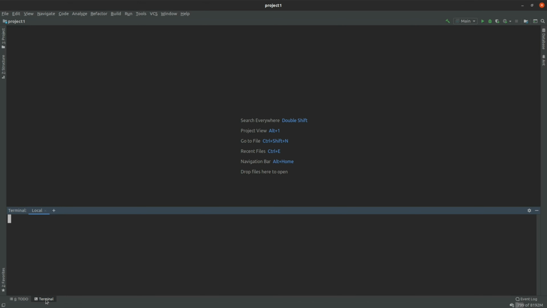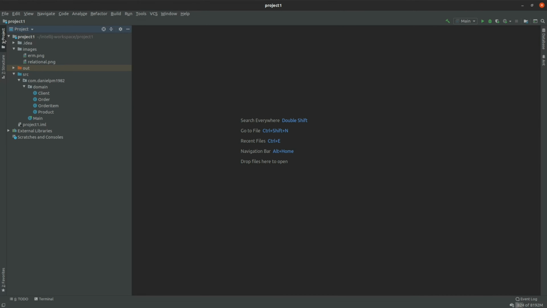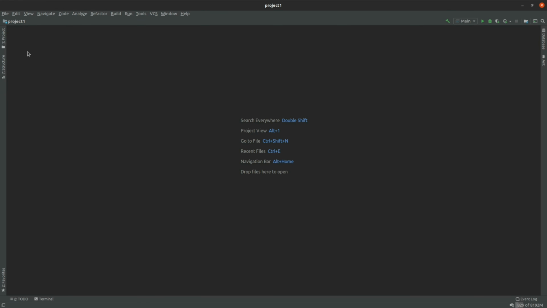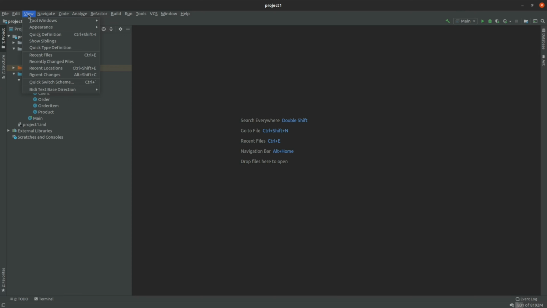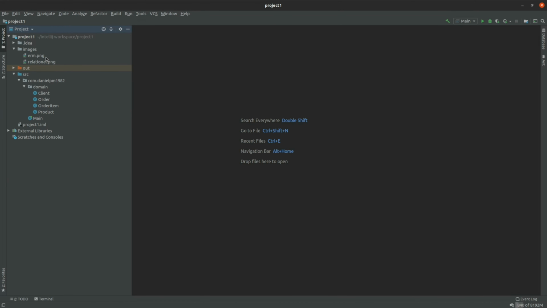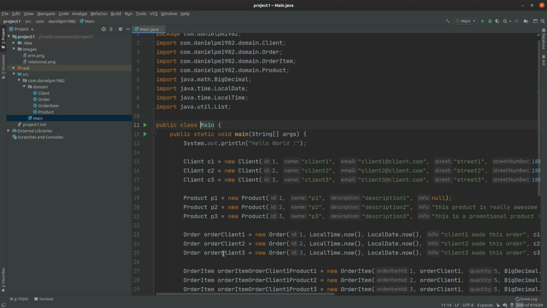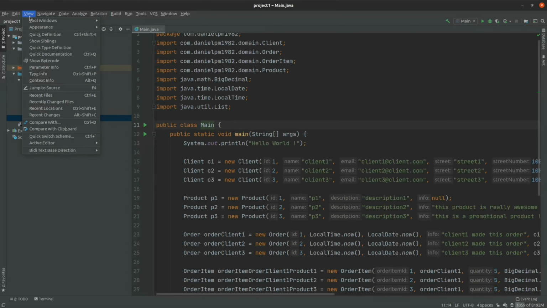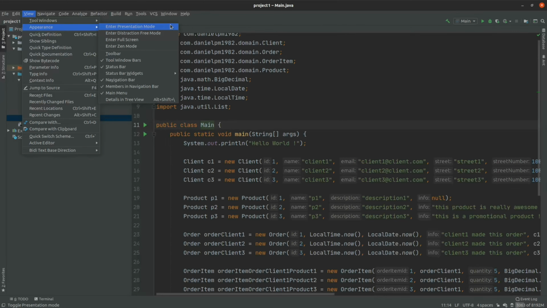The terminal and the run will appear down below, and the favorites, the structure, and the project will appear here on the left side. Other than that, at the view menu you also have the appearance option, through which you can enter the presentation mode. For example, let me open here the main class. Suppose we want to show this code in a presentation mode, you can go here, view, appearance, enter presentation mode,